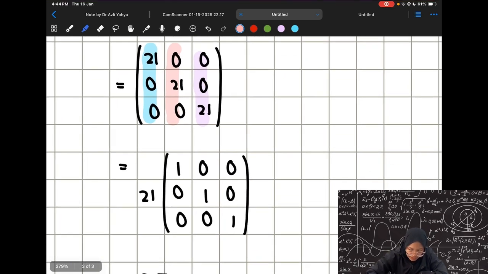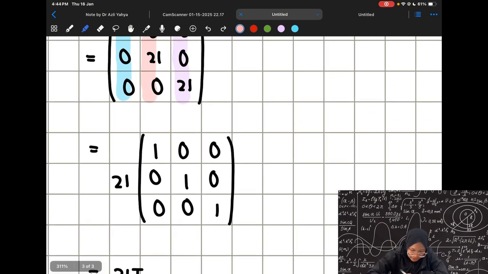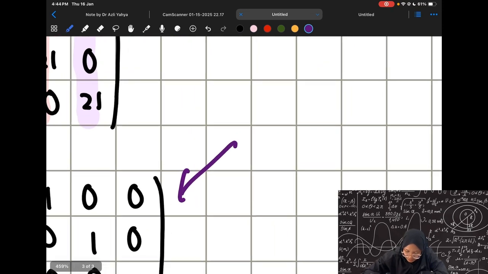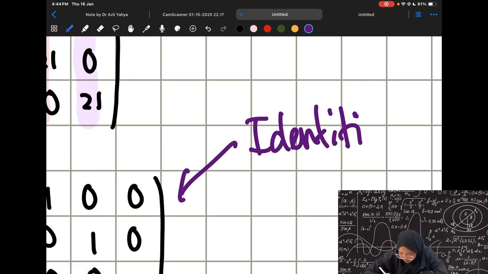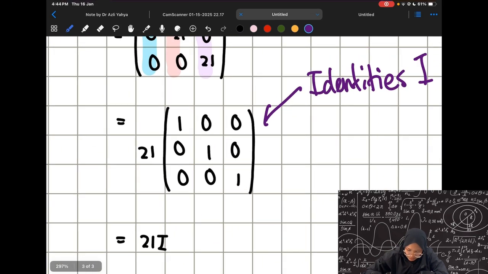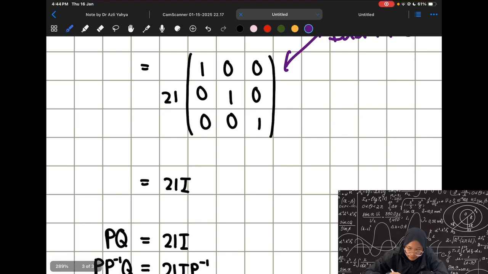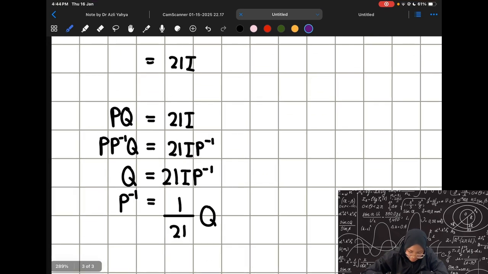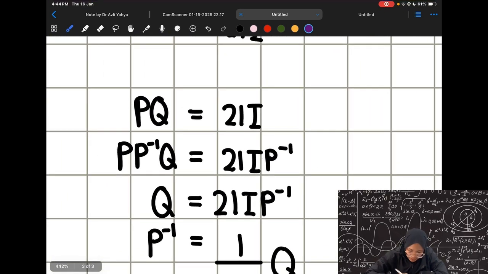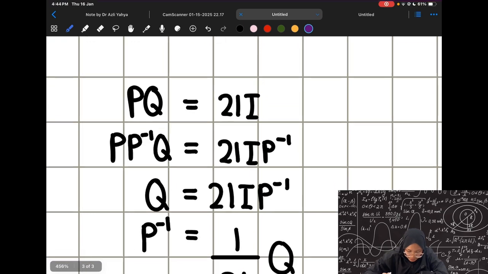And since we can factorize, so we can bring out the 21 and we'll get the identities here. So we can replace the matrix form with I. So we'll get PQ equals to 21I, and